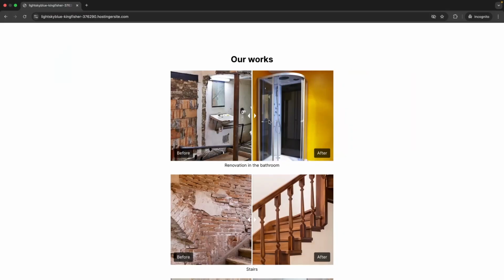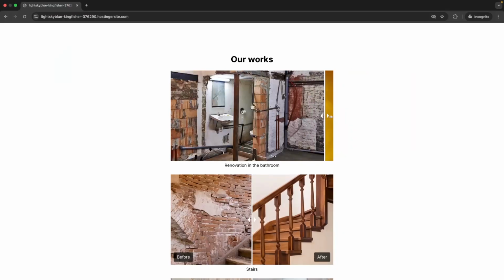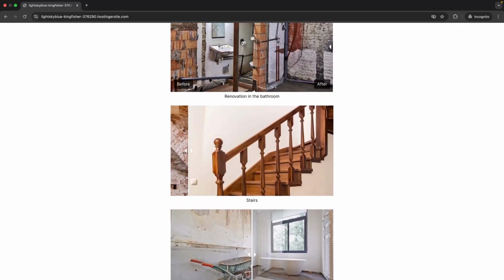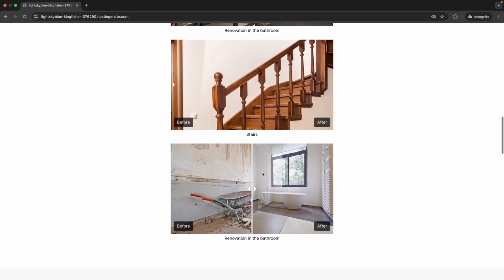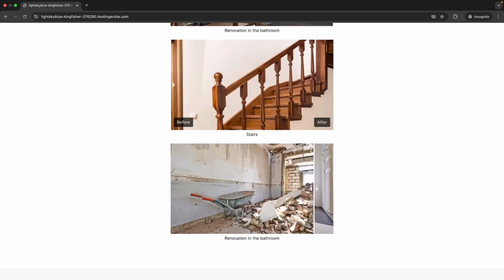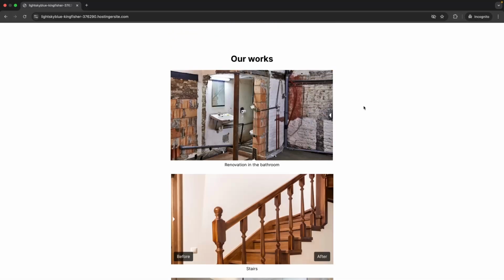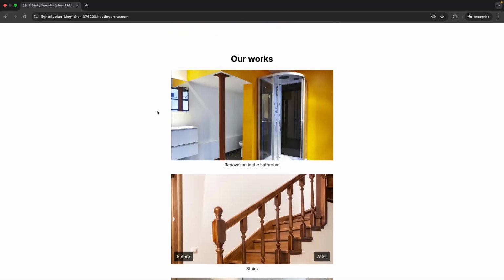In this video, I will show you how to add a before and after slider to your WordPress website. So these are just a few that I created. You can create as many of these as you like. You could just have a single image in here, or you can create multiple just like I have. But with these, we can have the before image and then people can slide along. They can see the after image, and I'll show you exactly how to do this and how to put this